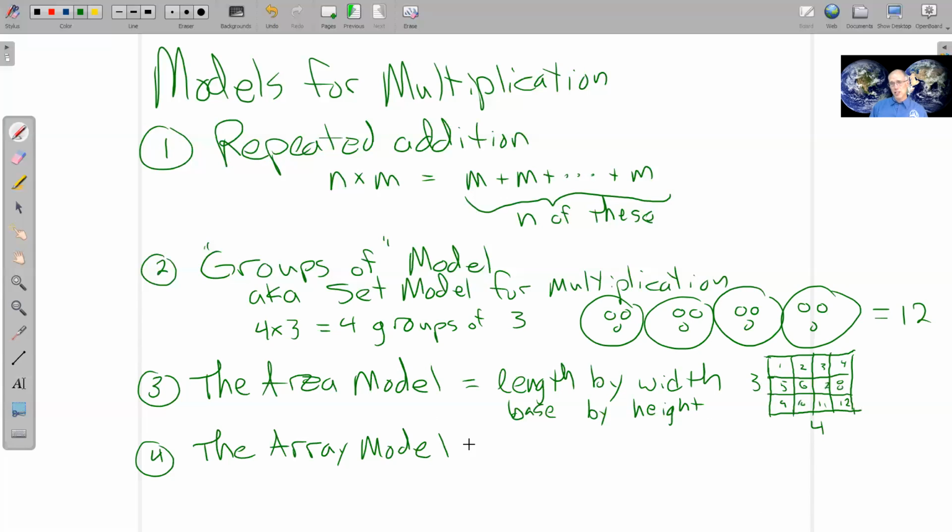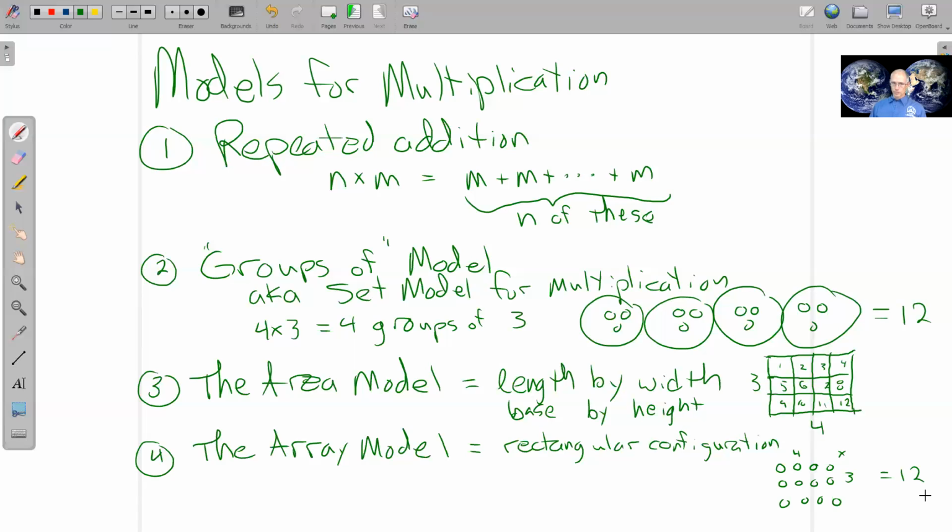The array model is very similar. The array model is just a rectangular configuration. And the array model, they don't have to be connected. So I would just have a grid that is 4 by 3. And so it might be something like a grid of X's or a grid of dots. So I would have a row of 4 and another row of 4 things and yet another row of 4 things. So this would be my array model for 4 by 3